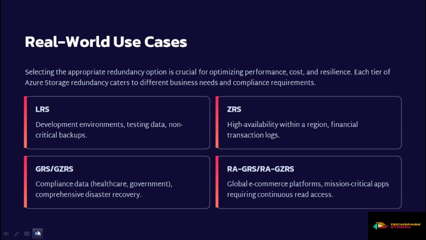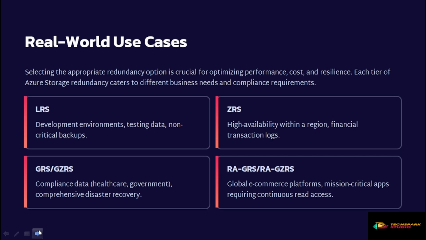GRS and GZRS are commonly used for compliance-driven industries like healthcare and government, where strict disaster recovery requirements must be met. They ensure data is protected across regions. And finally, RA-GRS and RA-GZRS are the go-to choice for global e-commerce platforms and mission-critical apps that demand continuous read access even if the primary region becomes unavailable. In short, each redundancy option has its own place, from simple backups to high-availability apps to compliance and finally to